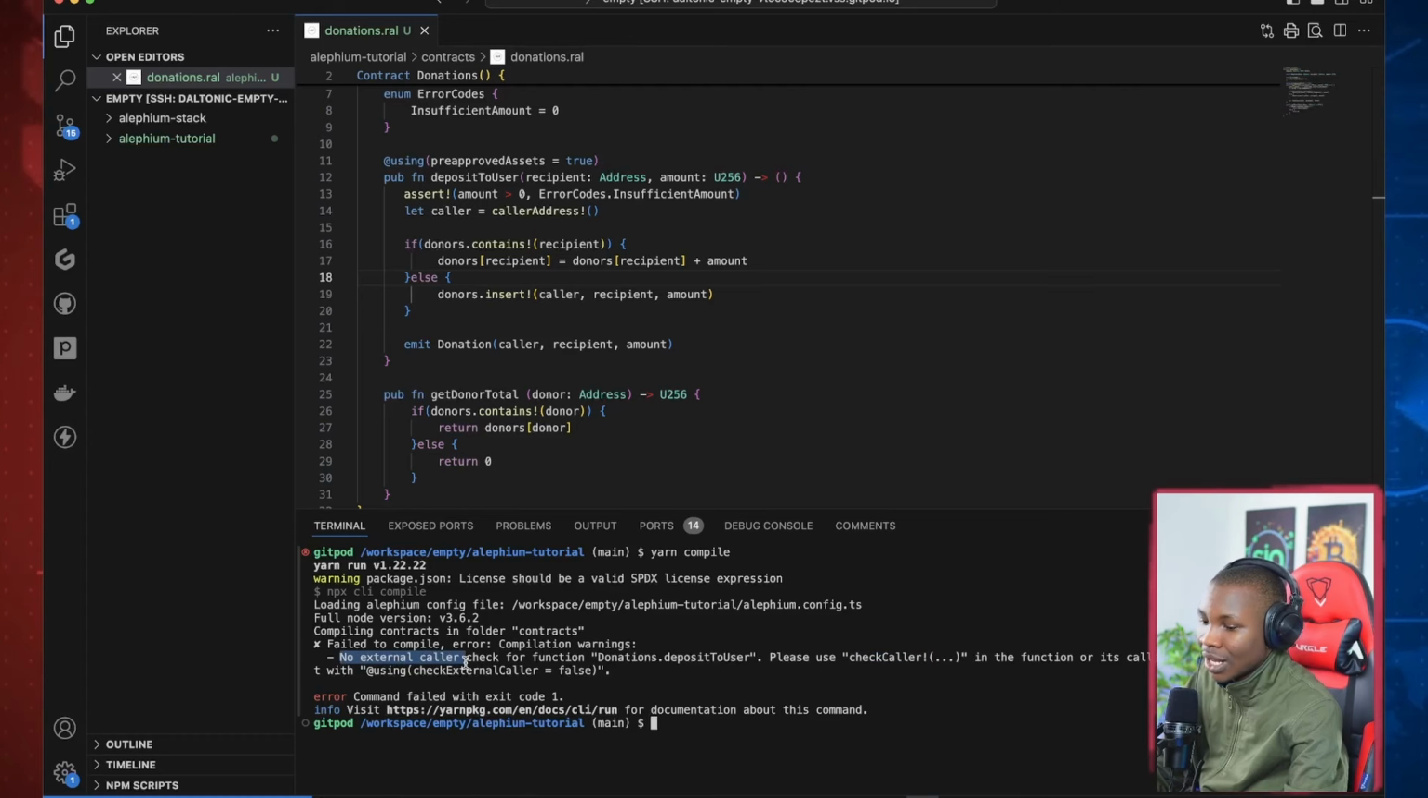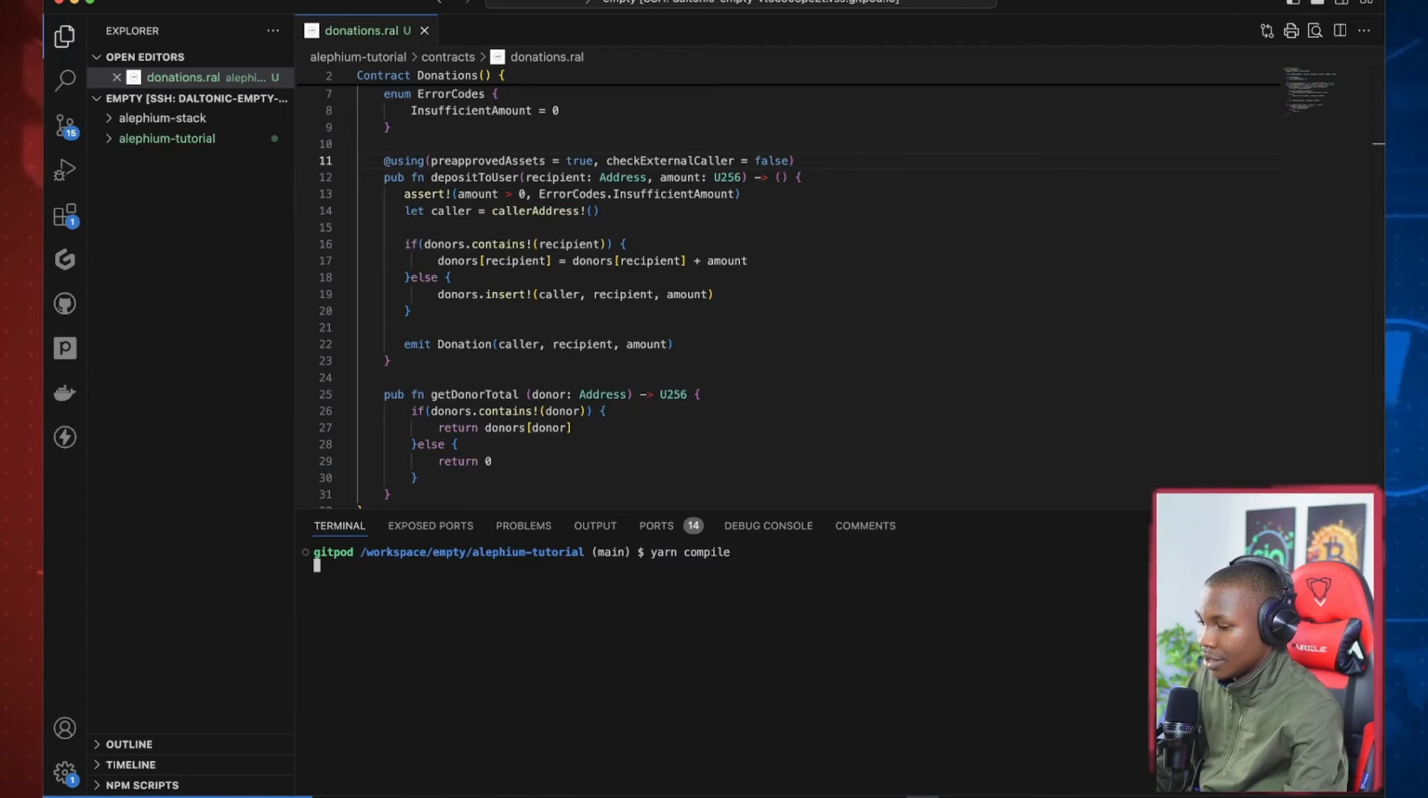So no external caller check for function donations.deposit to user in the function, or its callers, callees, or disable it with the annotation. So basically we need to add this annotation as well, to make sure that it caters for this caller address function here. So I'm going to add that and disable it so that it will not give us that warning. By the time I do that and compile again,